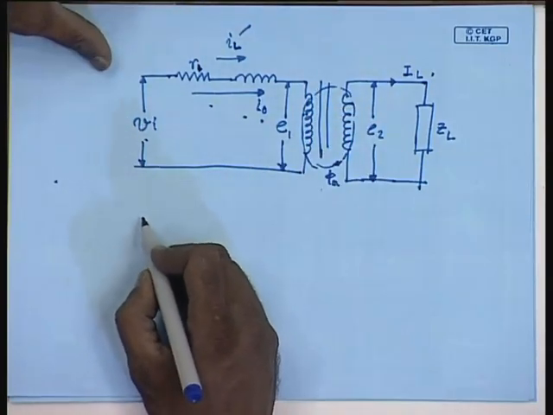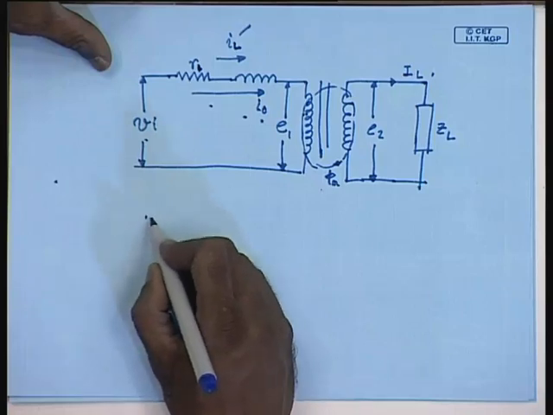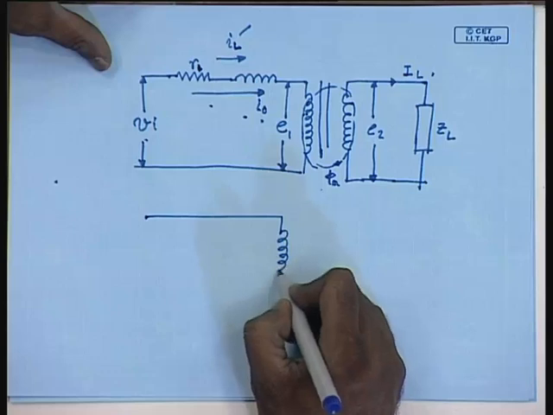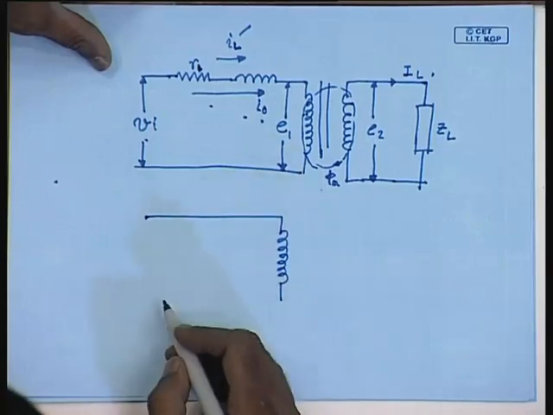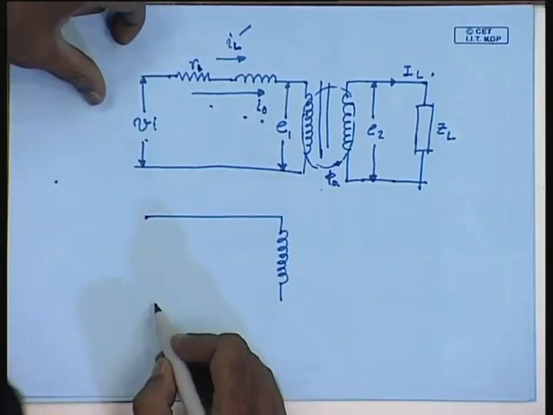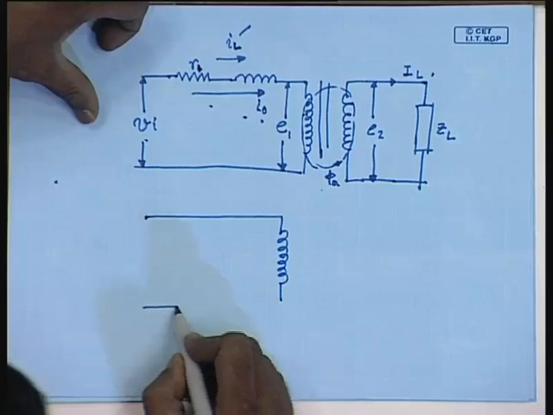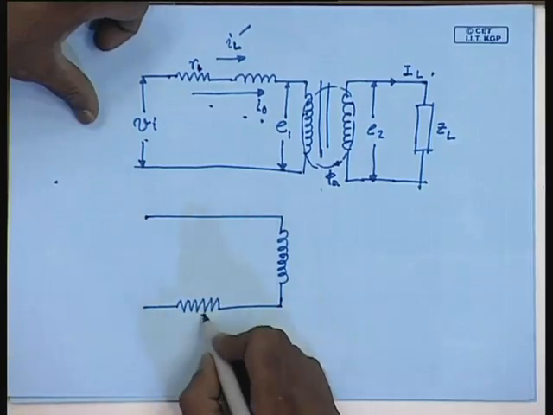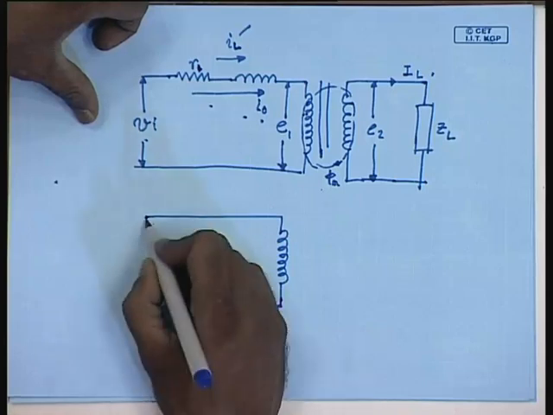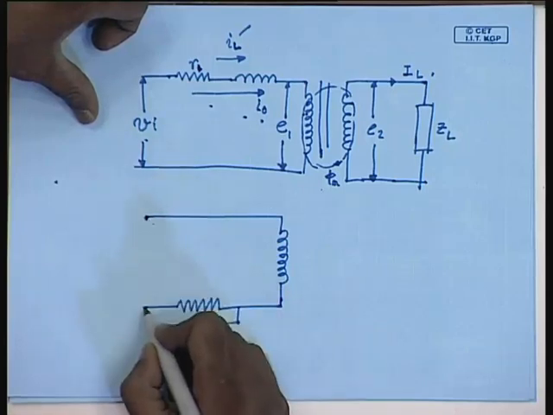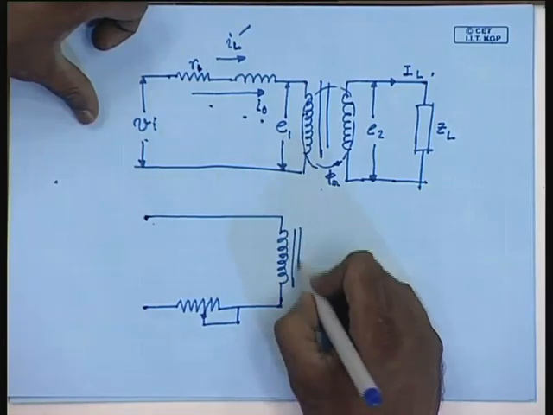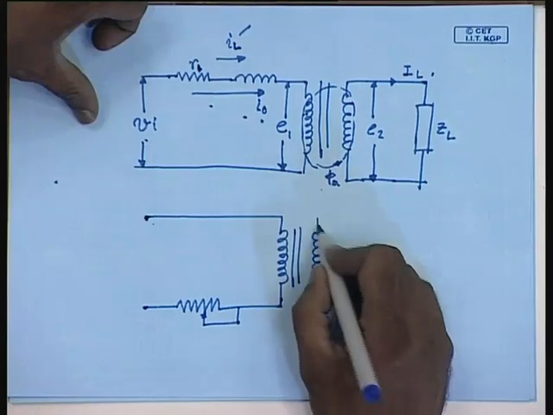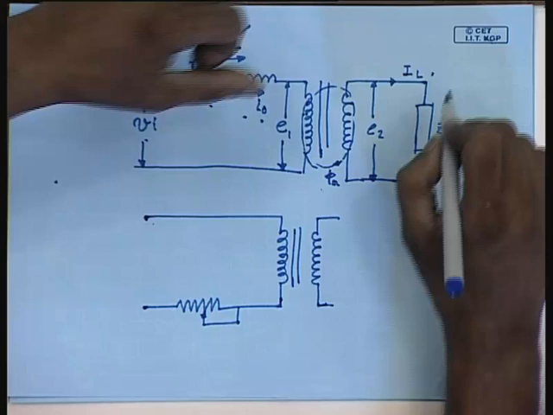Then one possibility could have been to connect the transformer like this and then connect a resistance of a large value and connect the transformer across the supply. Since we are doing a no load test,